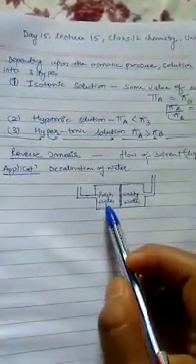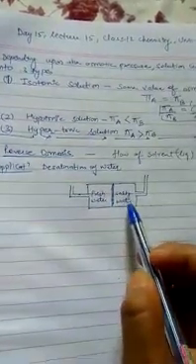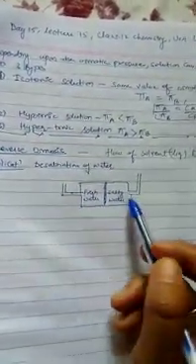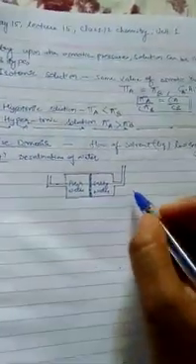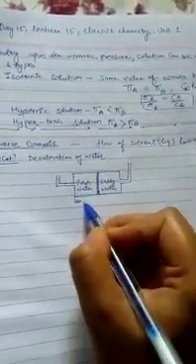Here there are two containers. In the first container I have taken fresh water and the second is the container for salty water, and this is the setup. There is a semi-permeable membrane in between these two containers. Now what will happen? We know that in case of osmosis, in fresh water the concentration of water is more, and here the concentration of water is less. So in case of osmosis, water molecules will move from fresh water to salty water.